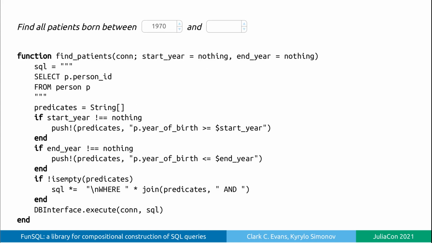However, when you use SQL in a program, it's rare that the whole query is given to you in advance. More often, the query will depend on the user input, like in this form. This means that the query is no longer a constant value and instead must be constructed on the fly. This can be done by generating individual fragments of the query as strings and concatenating the fragments to assemble the